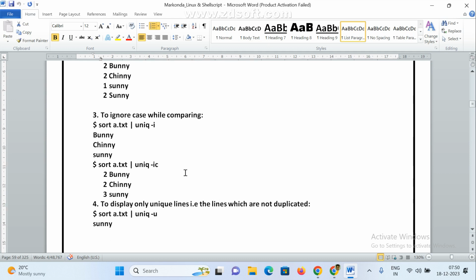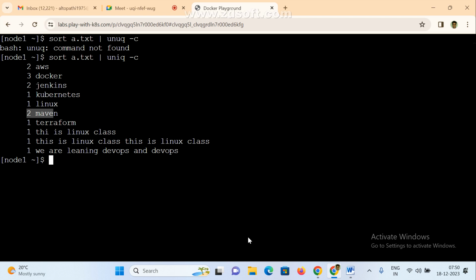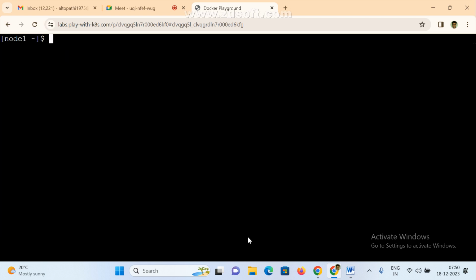Now, hyphen i means ignore case. Hyphen u means display only unique lines. I want to print only unique lines. I don't want duplicate lines. I want to print unique lines. Now see here, unique lines. So sort space a dot txt